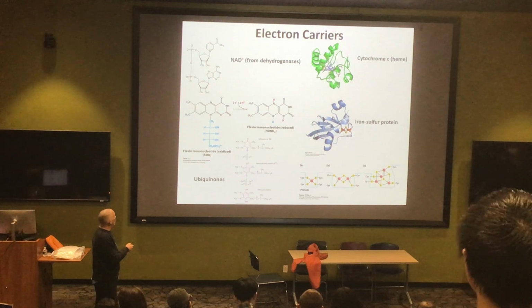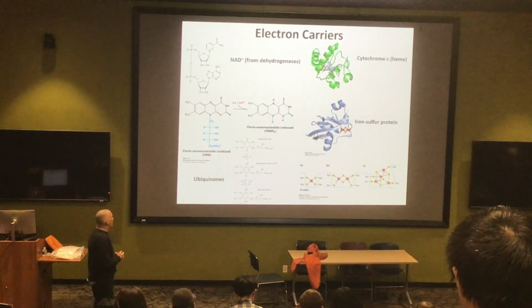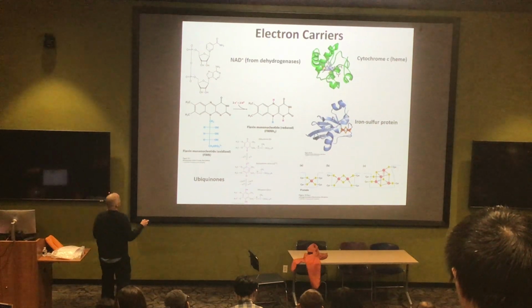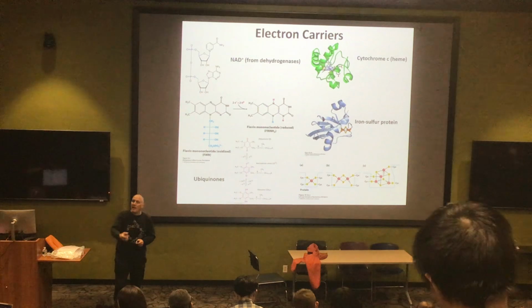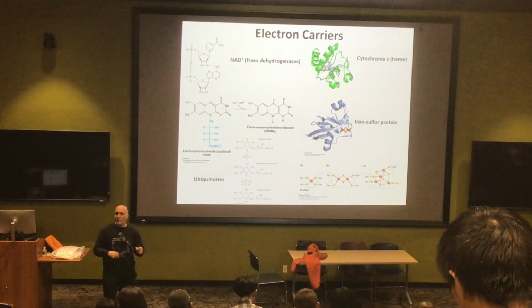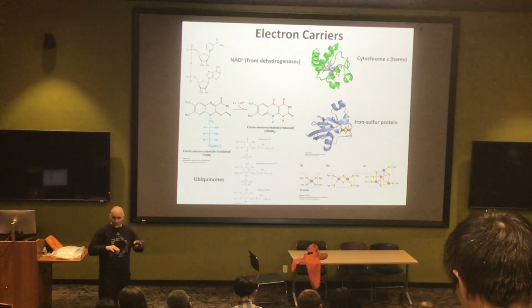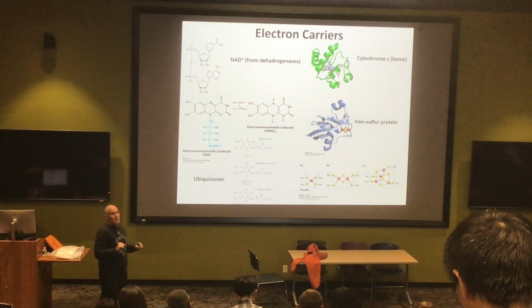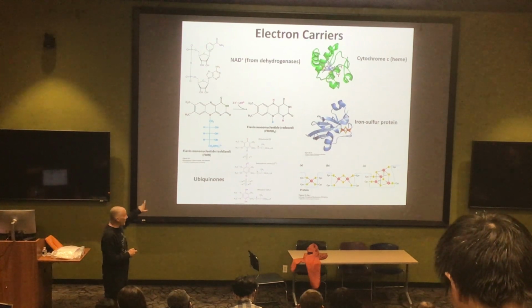This one can do a 1 or a 2 electron reduction oxidation, so that makes it a bit more versatile for electron transport pathways. Of course, the NADH is capable of leaving and going between different enzymes. That's not true in the case of the flavins. They are tightly associated with the proteins that they exist with, and so if you need to move something between different proteins, the flavins are not going to be there, right?